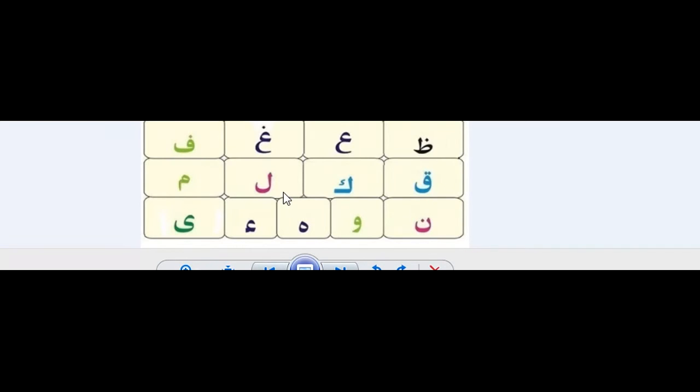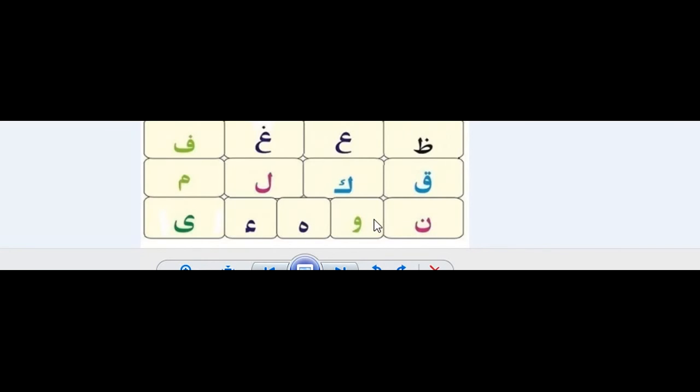Lam originates from the tongue edge touching the gums of the upper front teeth, including both upper premolars. Meem originates from the dry part of the lips. Noon originates when the tongue ends touch the gums, extending to both upper canines.